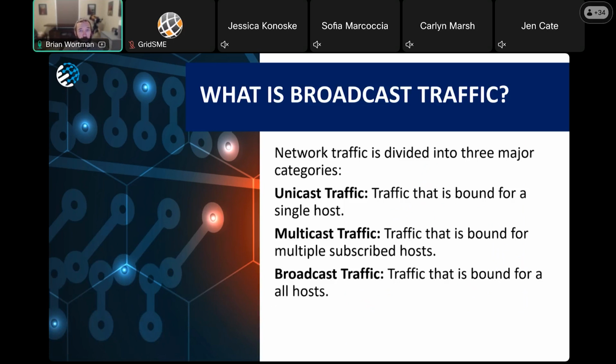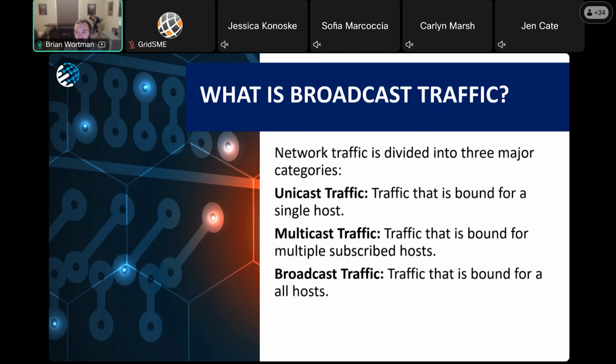So, to better understand storms, let's first do a high-level definition of the types of network traffic. Obviously, broadcast storms involve broadcast traffic, but it helps to know what all the different types are as well. Unicast traffic is traffic that is bound for a single host. To use an analogy, you can think of it like a letter sent to a single address.